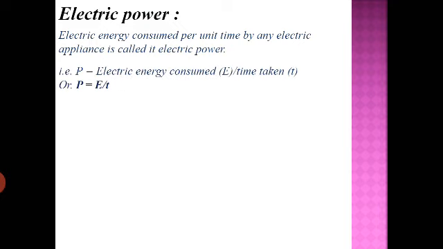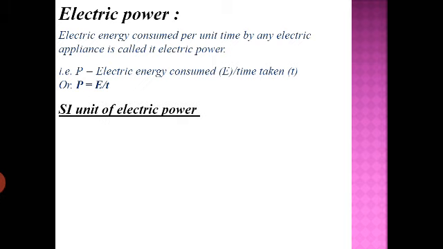How much electric energy is consumed by the bulb in a given time, that will be its power. So power is nothing but the electric energy consumed divided by time taken. So the more the electric power of a device, it will consume more and more energy in very less time. From this concept we are getting power is equal to E by T,